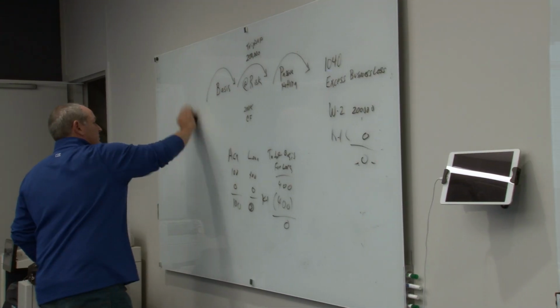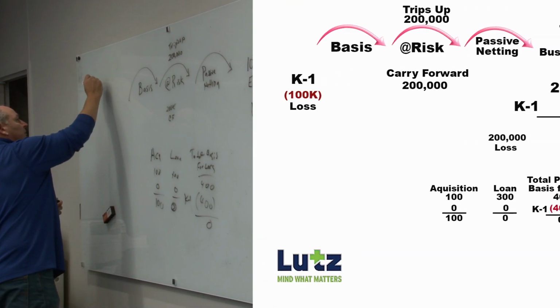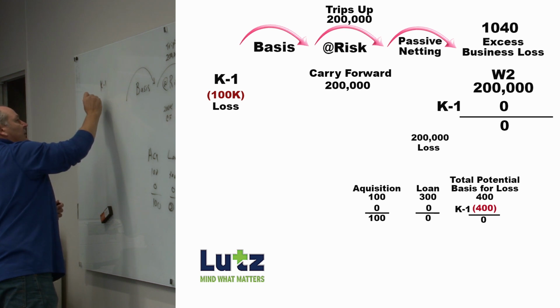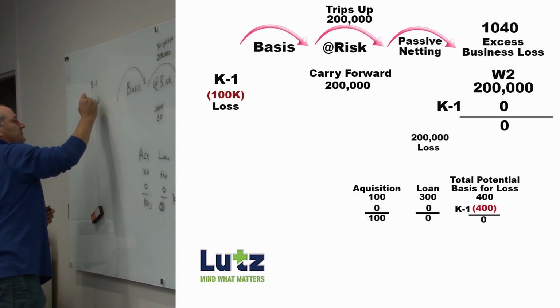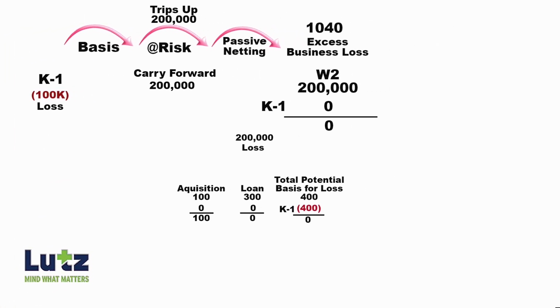Our hurdles, we say that Stuthman has a K1 with a $100,000 loss. Correct? So now we have to do the analysis of whether he can take that loss, because we have to